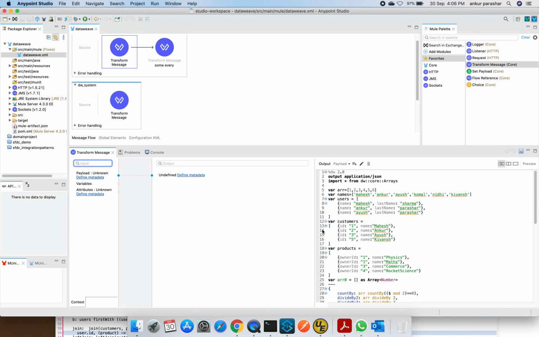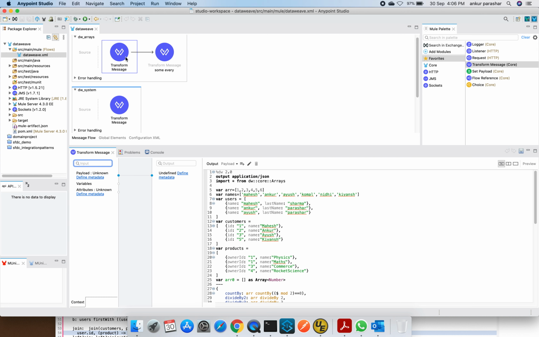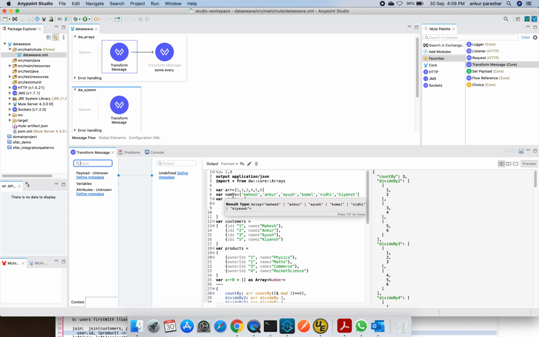Let me adjust my configuration window. I have simply put one transformer in the canvas, and I will be covering some of the functions here. There is a sample set of data which I have already configured, like an array of numbers 1 to 6, and a variable names which has 6 names in it.